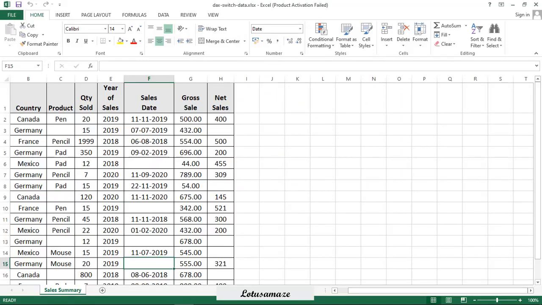Before we start the practical of the SWITCH statement, we check the data. So we have the data: country, product, quantity sold, and other columns.